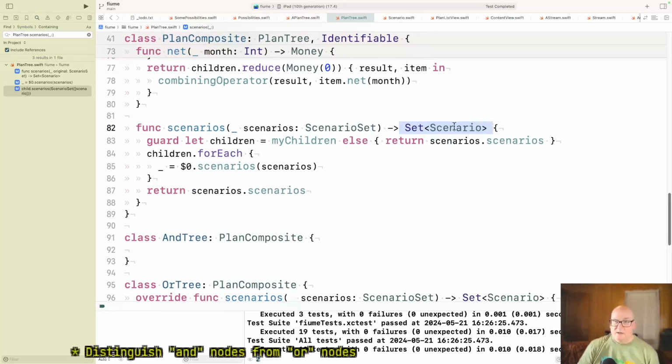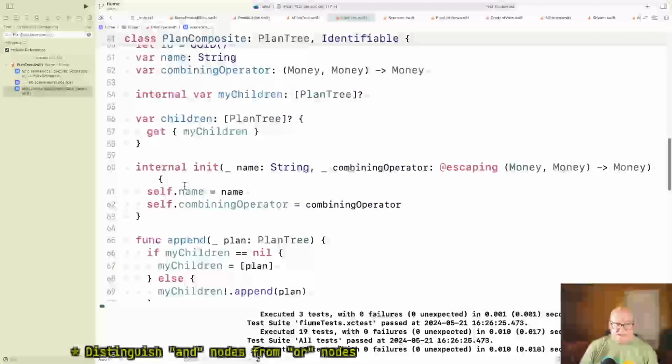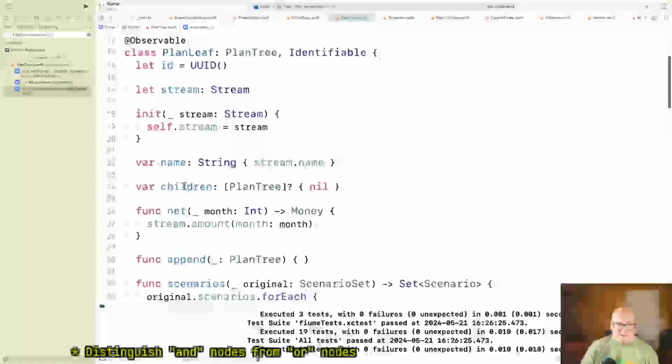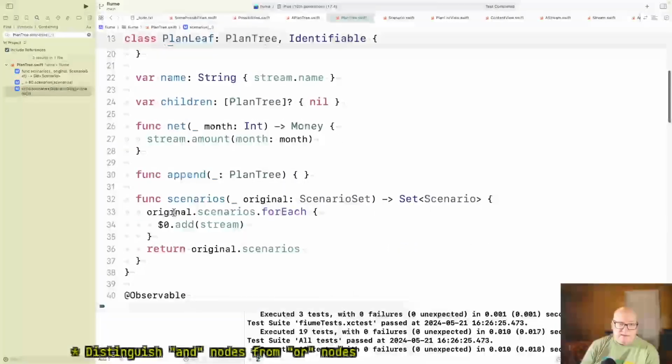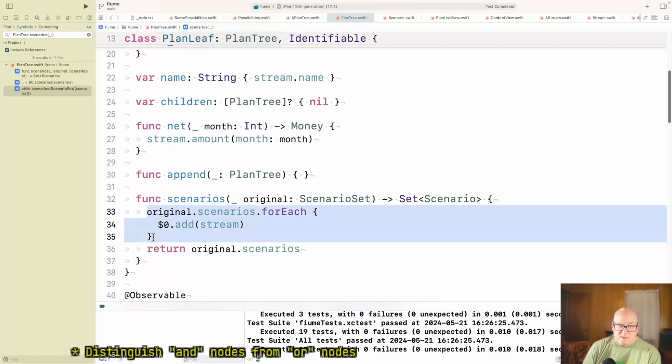Okay, so use scenario sets for return values. But I think this thing up here, the add, that's kind of interesting to me. I think basically this becomes a method on scenario set that says walk through all your scenarios and add this stream to them.